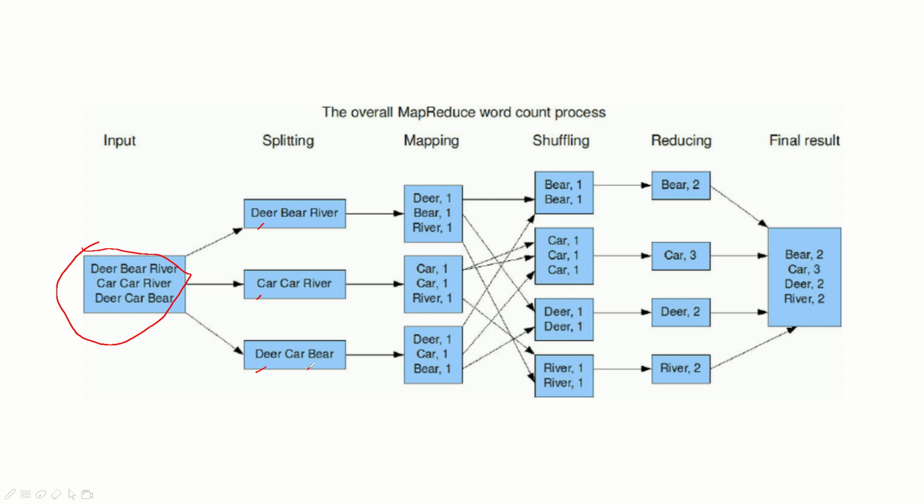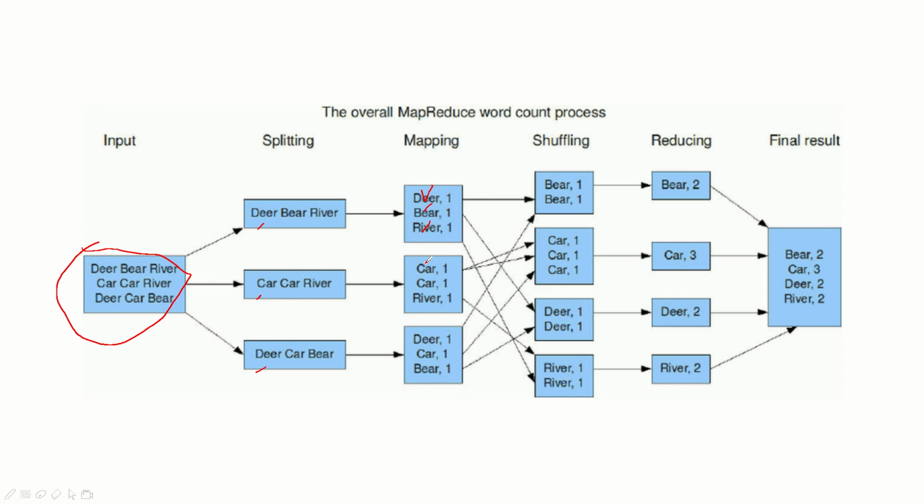Now what happens is that we write a map function which says I am going to count each word as 1. So map says, hey, deer I see once, bear I see once, river I see once. That's the job of map. So you see that the map was able to do its job without referring to or bothering to what is happening on the other